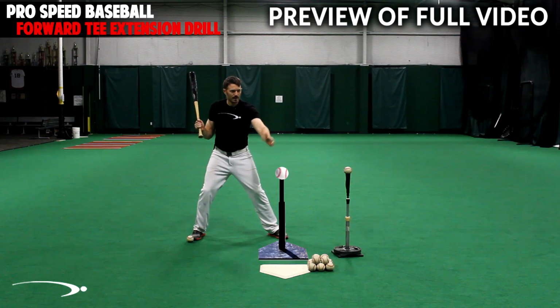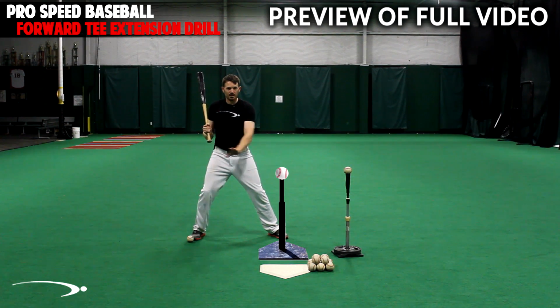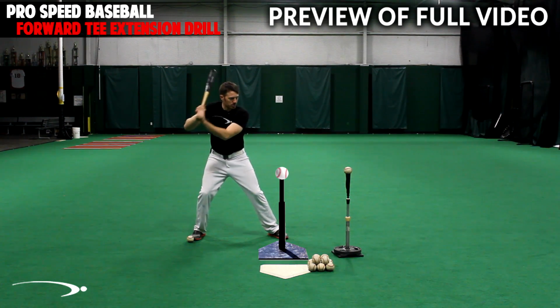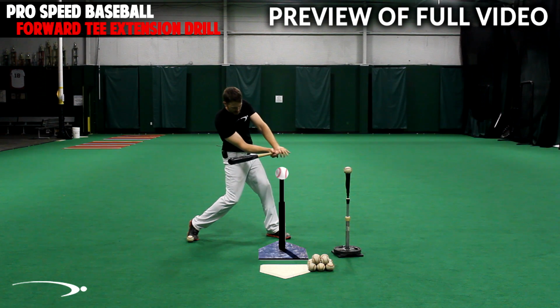So if I put a digital tee here, where we'd want to make contact with the ball ideally when we're practicing off the tee or hitting in the game, we're going to load, stride here. You're going to see me get into contact here, and then I'm still swinging out to this ball in front of me,